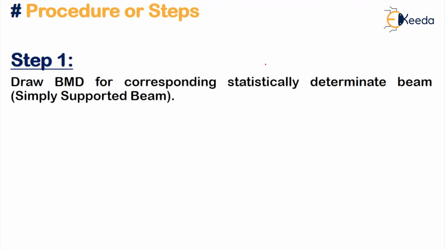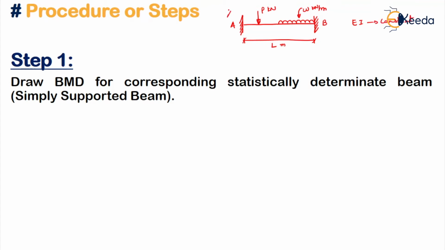The first step: say, for example, I'll take a problem. Say this is the problem given to you, a fixed-end beam. It has a point load, say P, and some UDL, say w. This is in kilonewton, this is in kilonewton per meter, and say the length of this particular beam is L meters. This is your end A, this is your end B. We'll take EI as constant throughout.